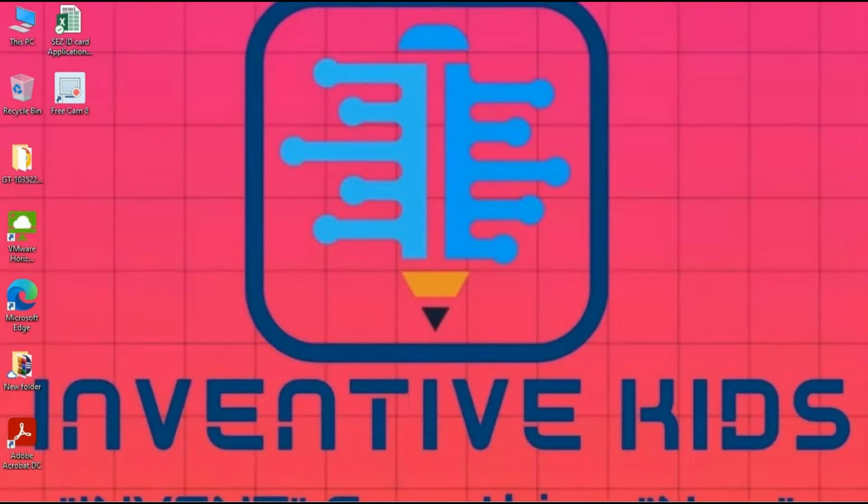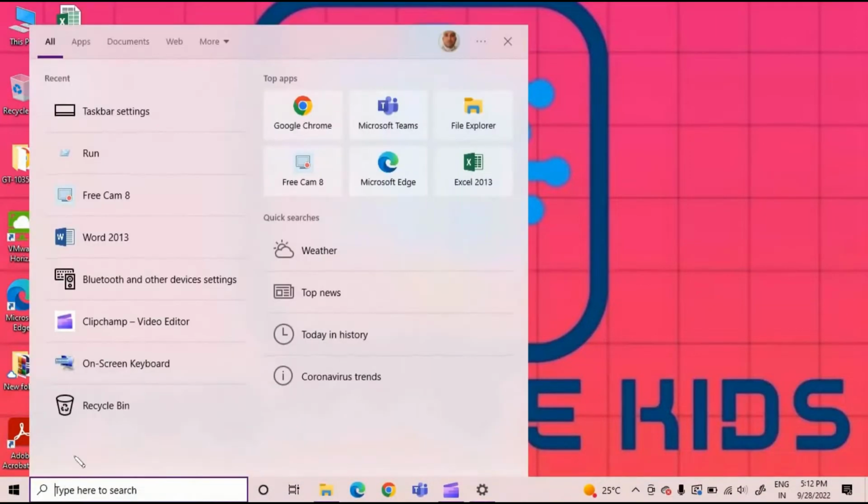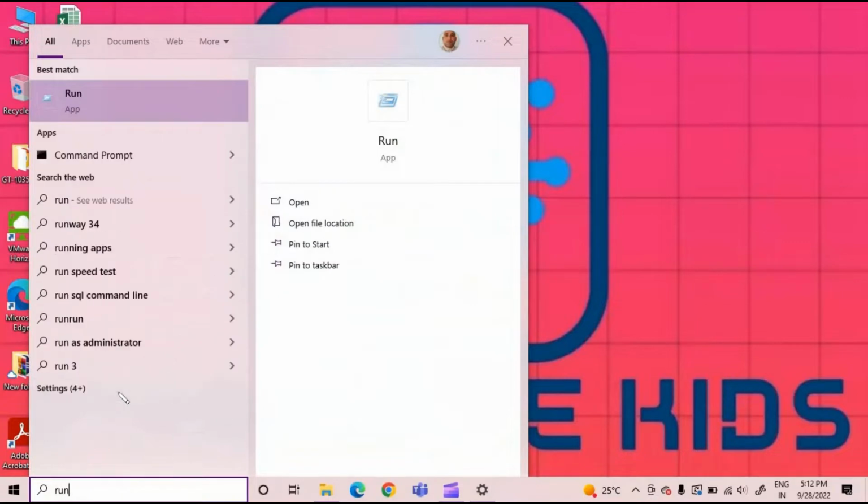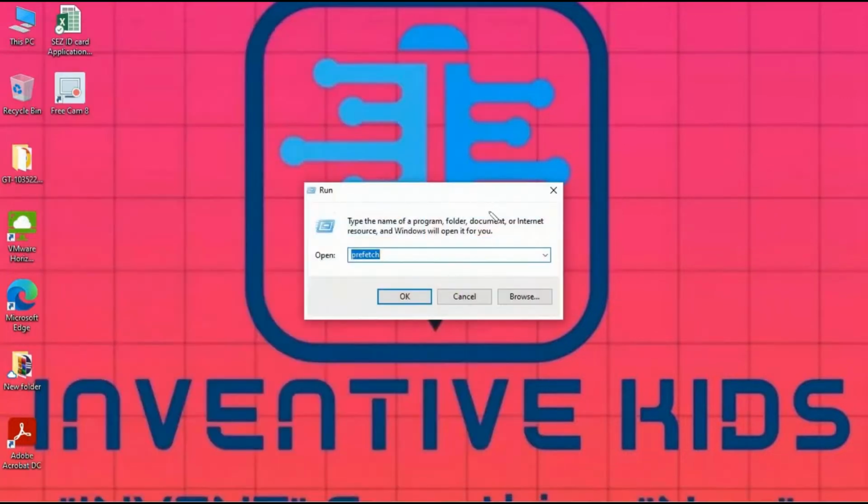So we will go to the taskbar, and we'll type something. What will we type? We will type RUN. So it's Run, it's an app, and don't worry that it's fake or something. Nothing is fake. Everything is genuine and everything is safe, okay? It is an app for the computer to